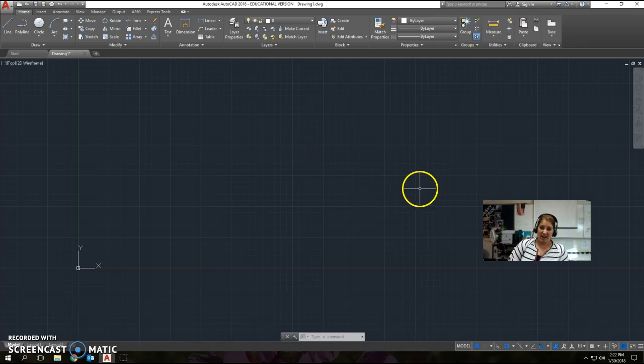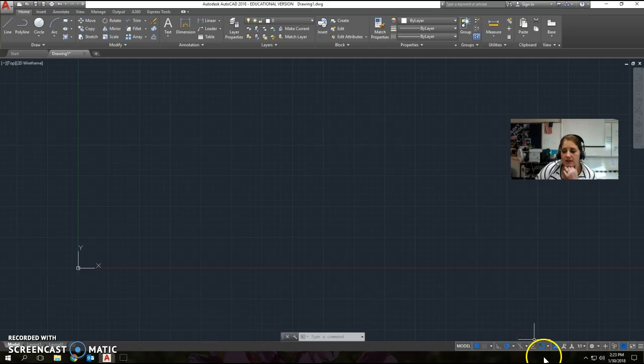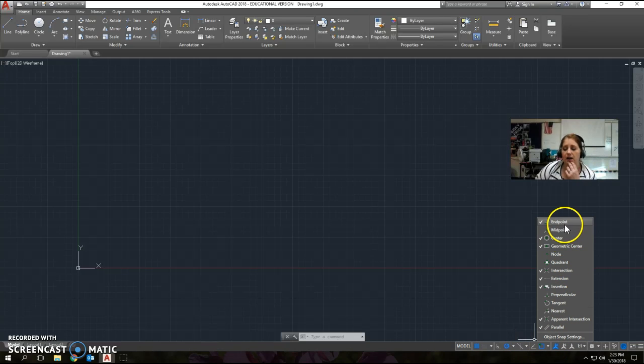Now, the best thing about AutoCAD is that it can be very precise. And the number one way to do that is through object snapping, or OSNAP. So your object snapping, you have lots of different options. You've got endpoint, you've got midpoint, so you want to turn that on. Center, geometric center, intersection, extension, insertion. And if you are not sure what any of those words mean,